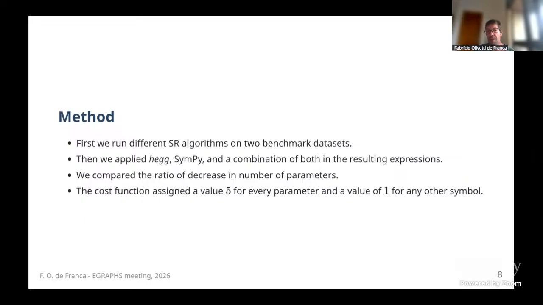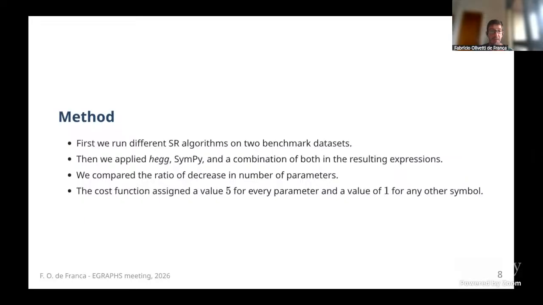So we generate a lot of different expressions, and then we apply equality saturation to simplify the expressions with this library called HEG, the Haskell egg, and also simplified with SymPy, and a combination of both. So we apply one after the other. And then we compare the ratio in which the number of parameters of the expressions were reduced by the simplification